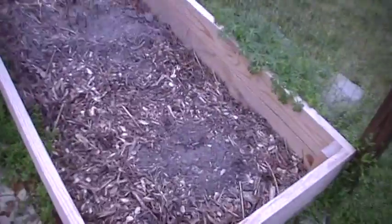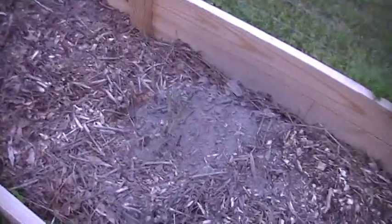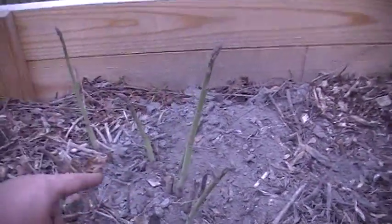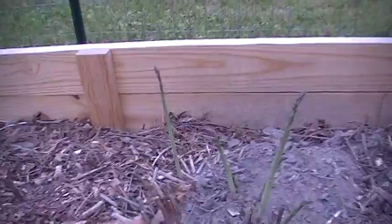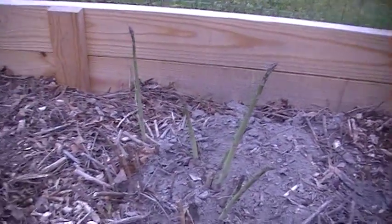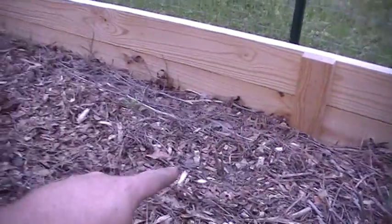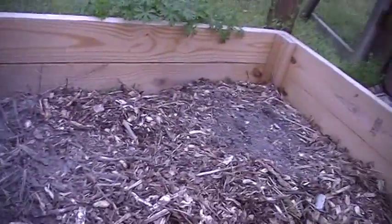This here is, of course, our annual asparagus, and yes, it is growing asparagus already. As you can see here, these ones here are already ready. Maybe tomorrow my wife will probably pick them, but there's at least 4 there she can eat now, but they're starting to pop up, which is good. And we have a couple more stumps of them that are still here from last year. And we're hoping they're going to produce some. You can see like right here, there's one coming up from another